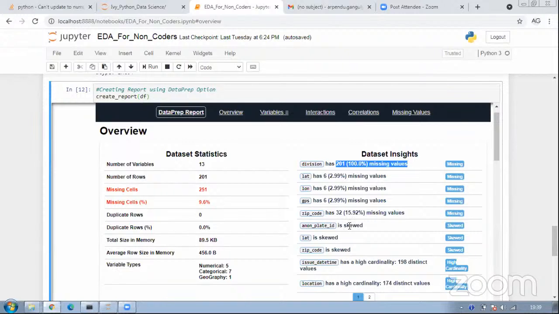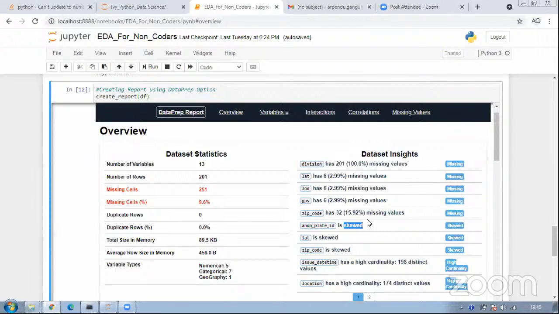This is very important. It tries to find if something is skewed by itself. Plate ID right now, from a consumption point of view, might not be very important, but it sees that it is skewed. Which means that if you run this report on any other data, where you have not just the ID columns but other columns as well, it can tell you which is skewed and which is not.